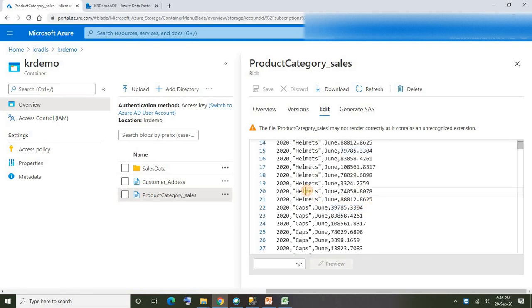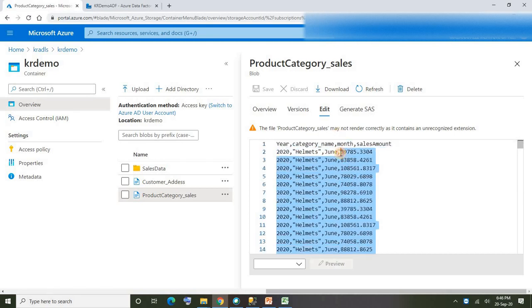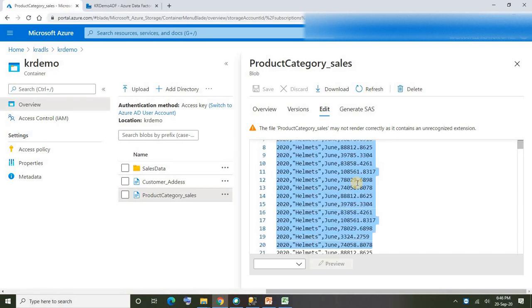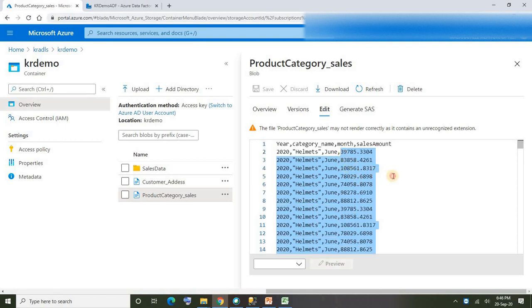For example, helmets is one category and it should be converted into a column. It will be like helmets, and under that helmets column we should have the total sales amount aggregated and mapped to that column. That's how I want to load in my target table.